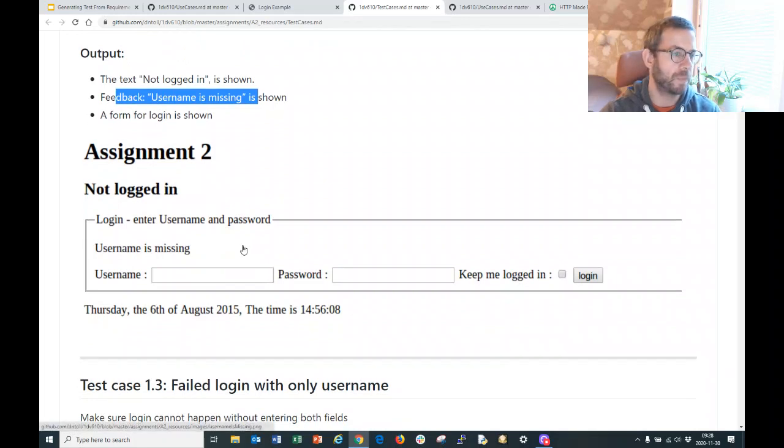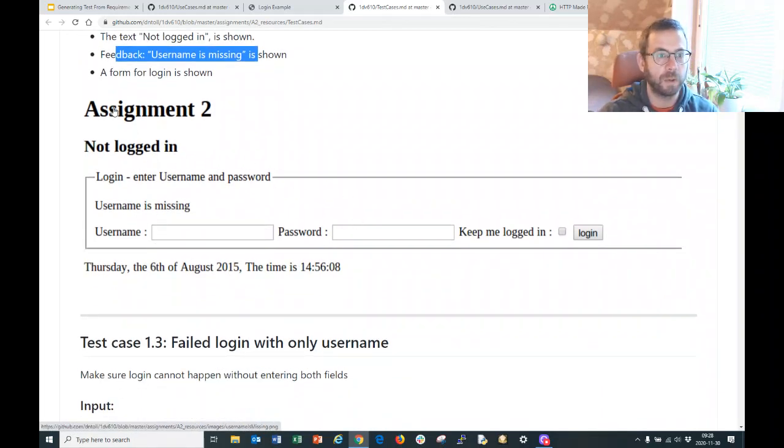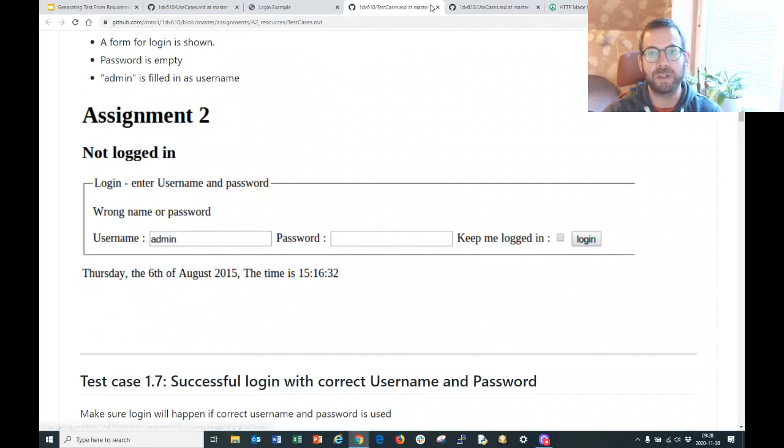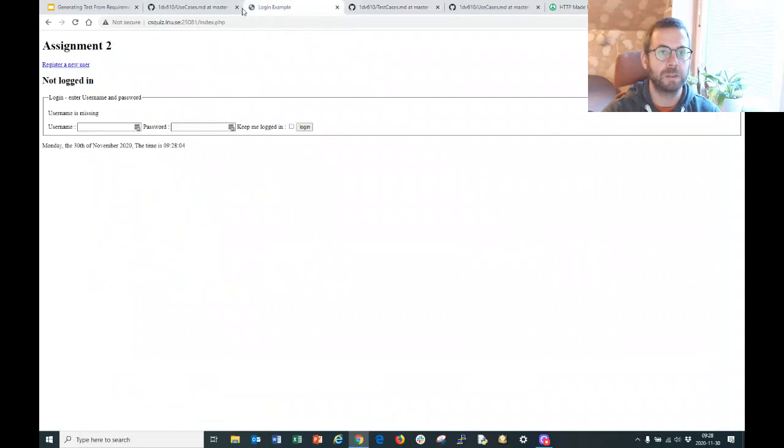So, and here also we have a screenshot. And I think these screenshots are pretty good in order to quickly get an idea on how it works. Of course, you put the test cases and the actual application or system under test next to each other. It's much easier to test. And then it just continues. You have all these manual test cases. And these manual test cases are pretty good to have, because